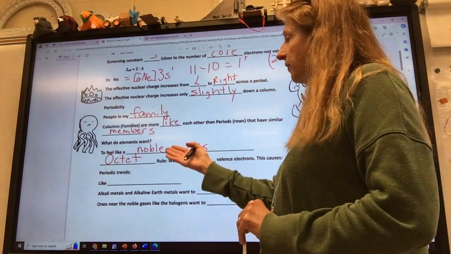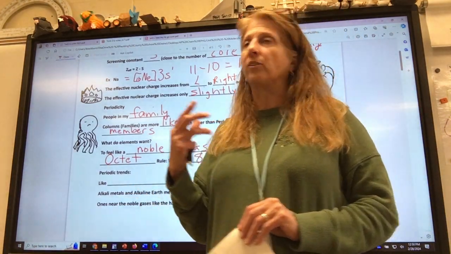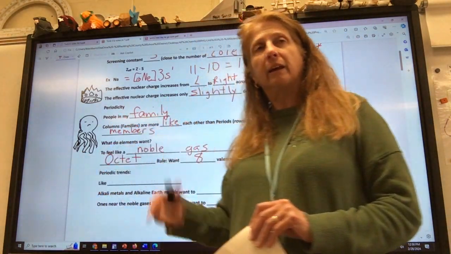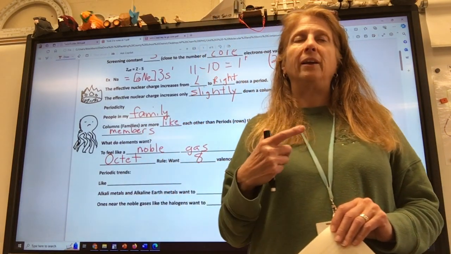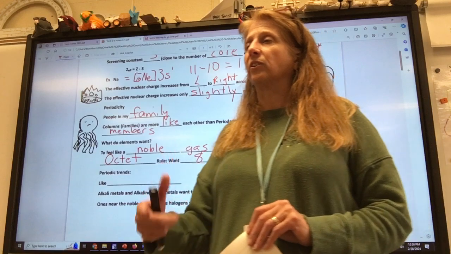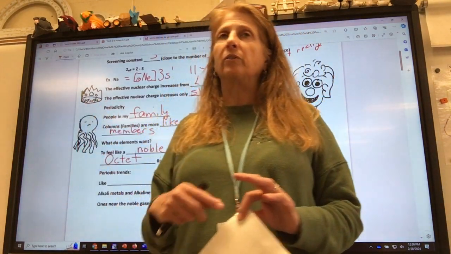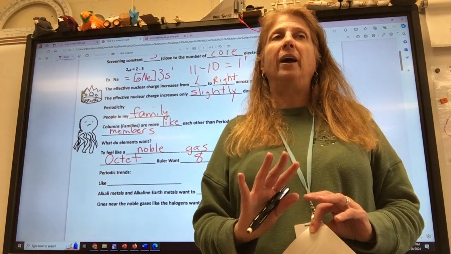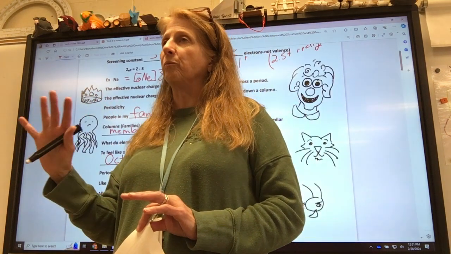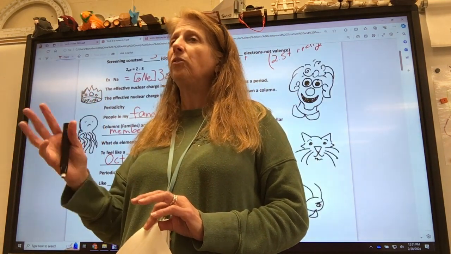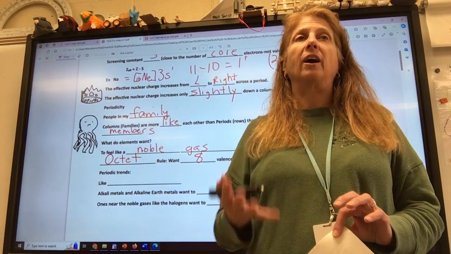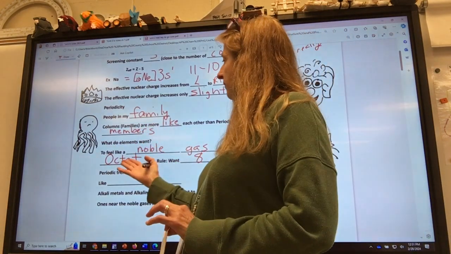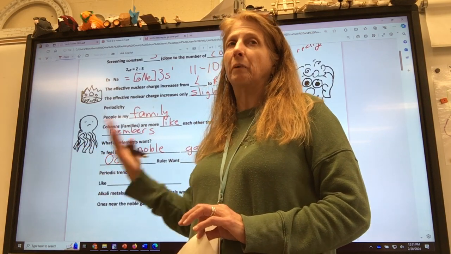So the guy who thought this up, he said that there is something about the number 8 in chemistry, like music. And you know, music is based on physics. Those of you who have had physics, you know about the frequency and the nodes and the standing waves. Remember all of that from physics? And how music is based on math. And music is based on this octet. And so he said, there's something in chemistry that's based on the octet.